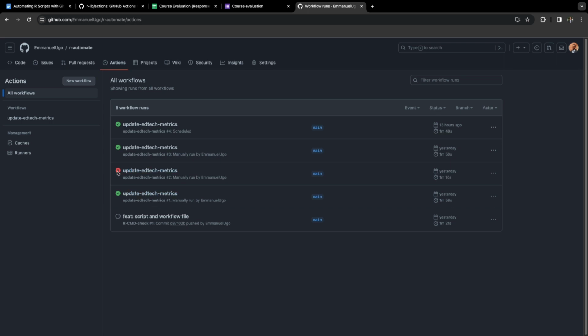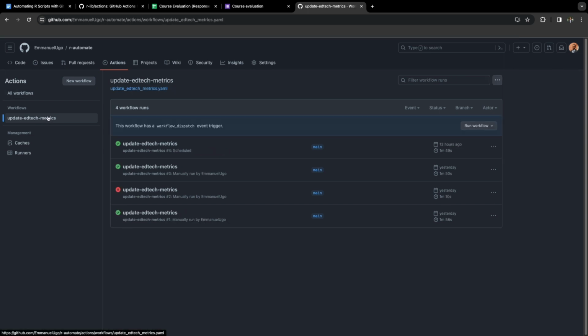Sometimes it failed. If it fails, you see a red circle here. If it passes, you see a green circle here. So you can zoom into it and take a look at why it failed and try to fix it in your script. Then you push again and you try, and yeah, at the end of the day, you should get a green. So when you click on the workflow you want to run,